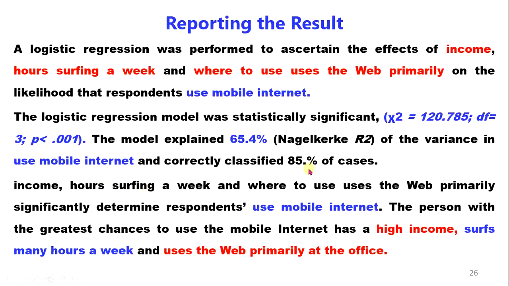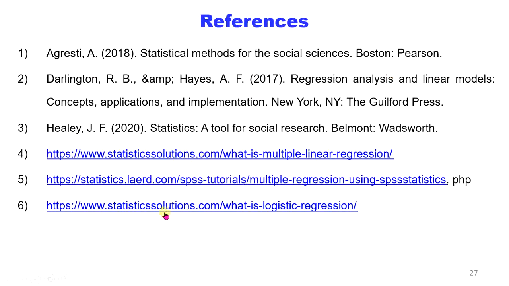Income, hours surfing a week, and where to use the web primarily significantly determine respondent use of mobile internet. Therefore finally, the person with the greatest chance to use the mobile internet has a high income, surfs many hours a week, and uses the web primarily at office ብለን ይሄንን ሪፖርታችሁ ላይ በዚህ መልኩ ተጽፋላችሁ ማለት ነው።